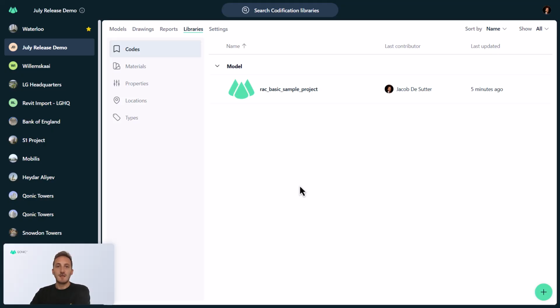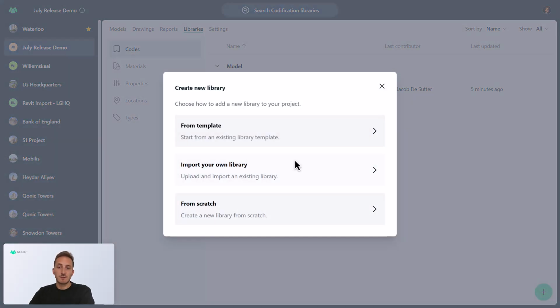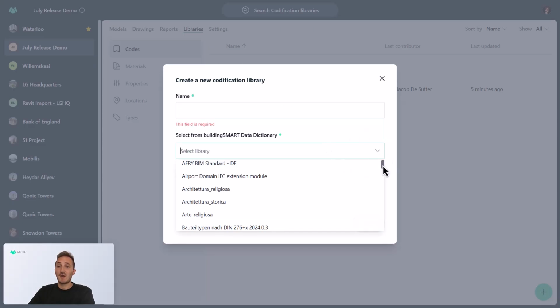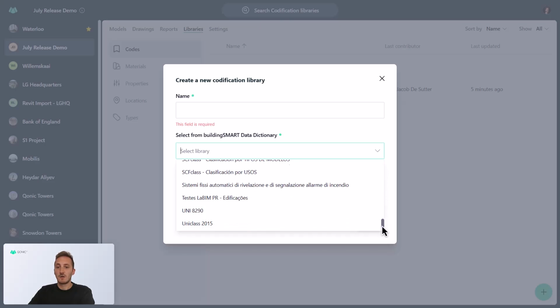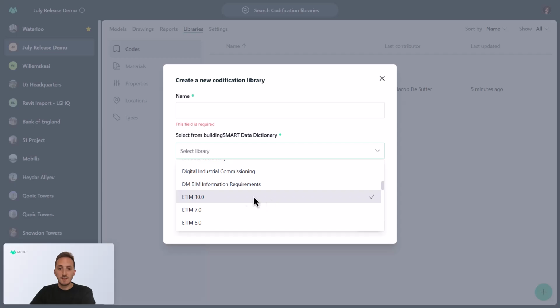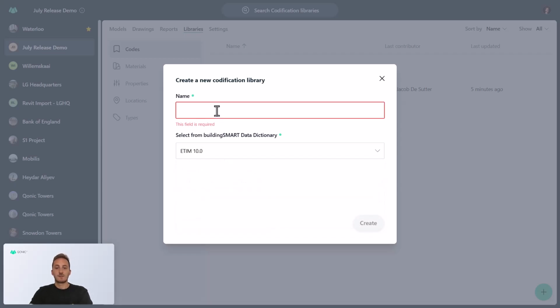Yeah, so we can basically import these codification libraries from the BSDD, so the Building Smart Data Dictionary. So for example, in this project I just created with this Revit sample file, I can add a new codification library, either from scratch or by taking in a template from the BSDD. So I'll use this template option here. And this basically gives me an entire list of all systems hosted on BSDD for all different regions, different languages, and so on. So for example, if I wanted to use this ATEM library here, I can just take it,